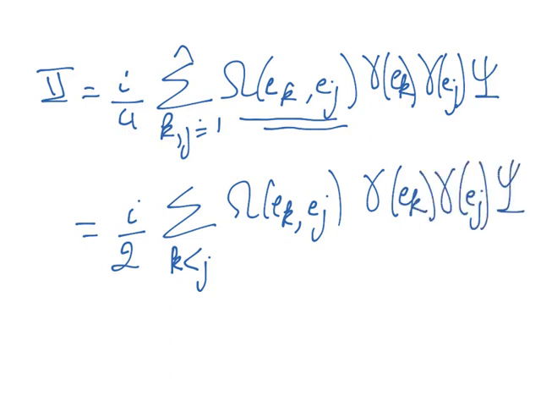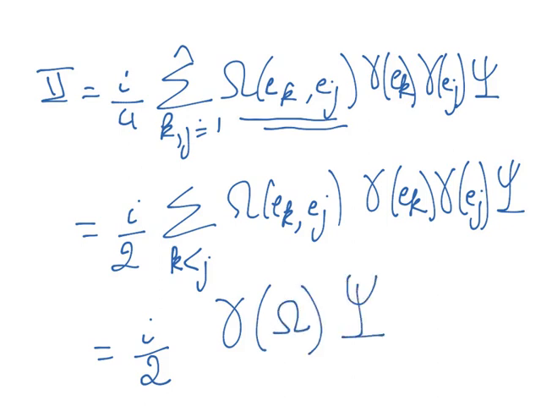And this is the definition of the extension of the Clifford multiplication to differential two forms. This is the Clifford multiplication of omega applied to psi. So I have proved that quantity number 2 is in fact the Clifford multiplication of the curvature 2 form of my auxiliary line bundle with psi, and the first quantity is 1 over 4 scalar curvature. Conclusion: